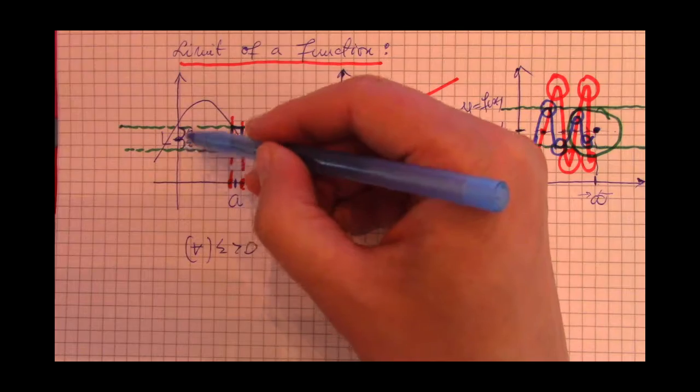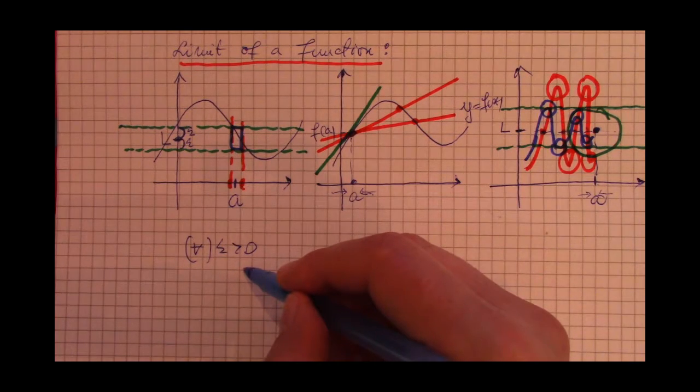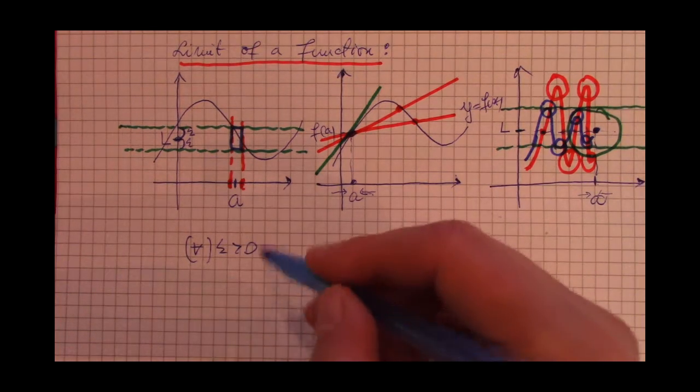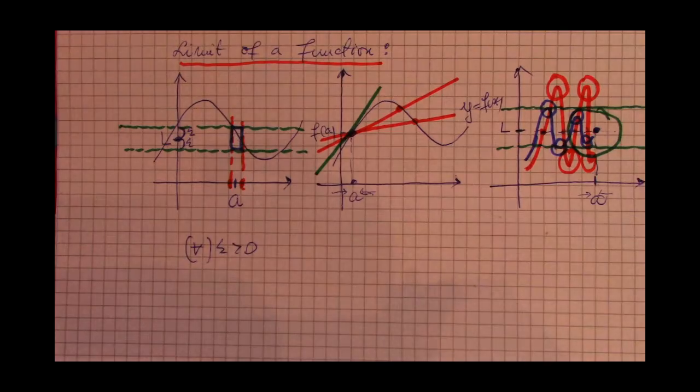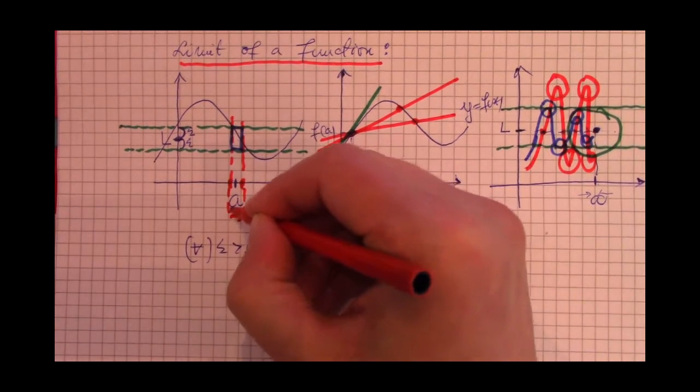So no matter how narrow this band is turns into math as us asking that no matter what epsilon greater than 0 we choose,